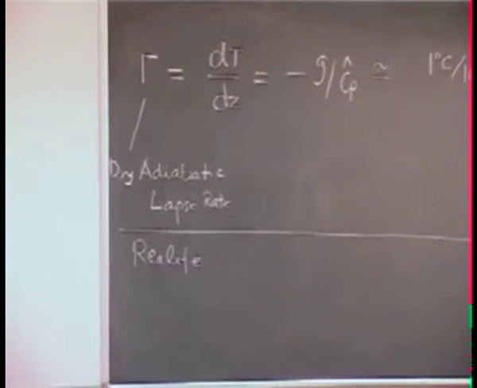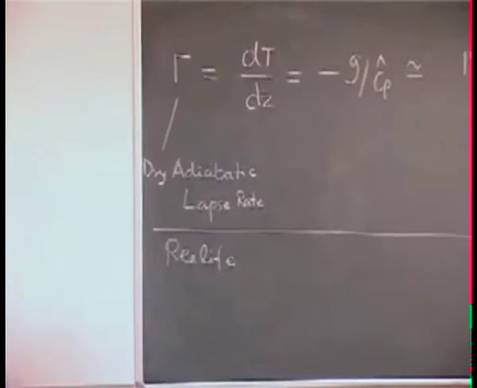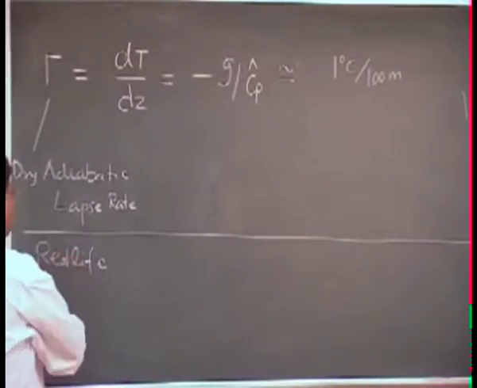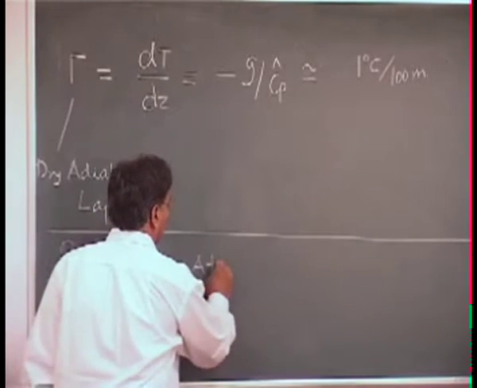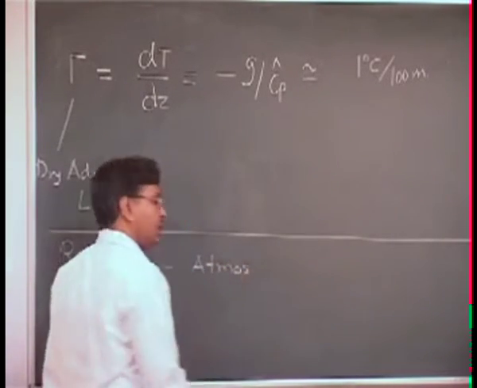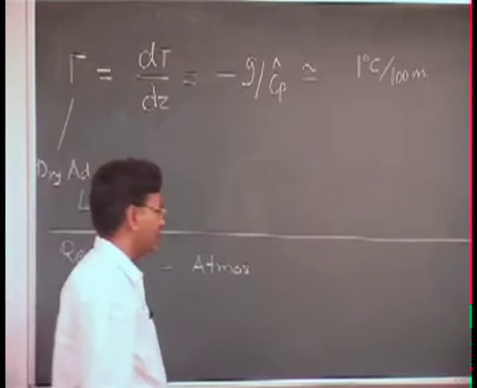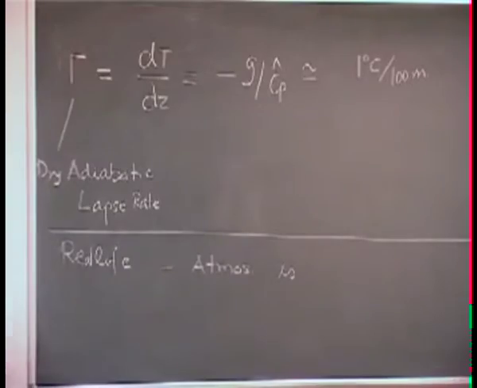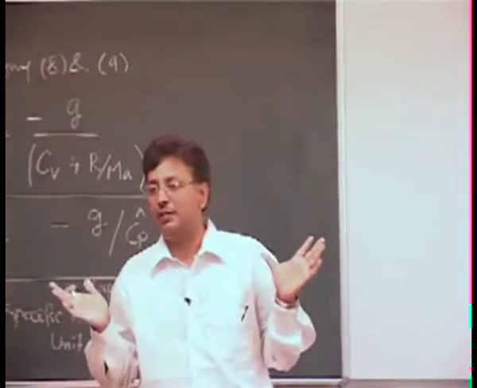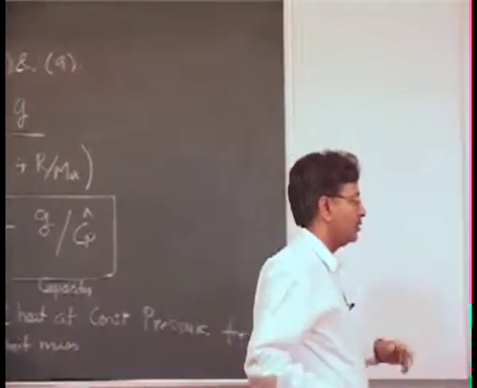Atmosphere is never dry. So real life atmosphere is seldom adiabatic, especially the range that interests us, from here to 2000 meters or so, is seldom